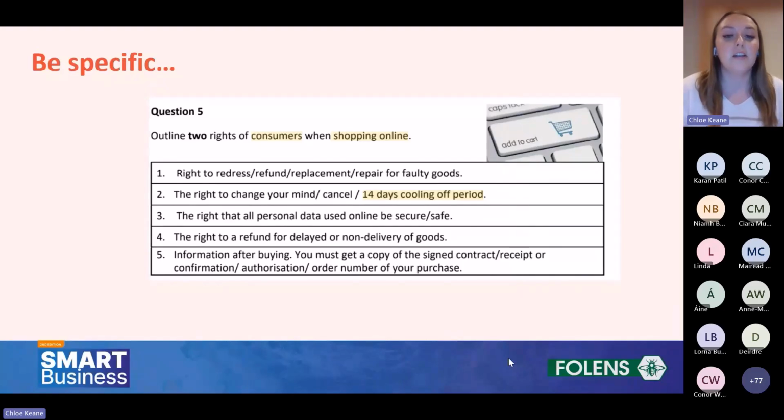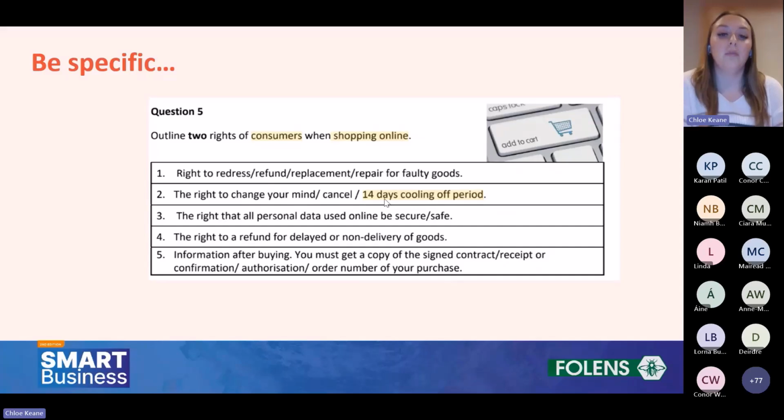So in this case, the key term they need to be aware of is the rights of the consumers. But not only the rights of the consumers, because they seem to have a good grasp of that, they should also refer to the fact that they're shopping online. That's something that's in the feedback. There's another question further down about local, and the fact that they need to refer back to something local. A good example here is the 14-day cooling off period, which is only relevant to online. Of course, they can use any example once they're referring to the rights of consumers,